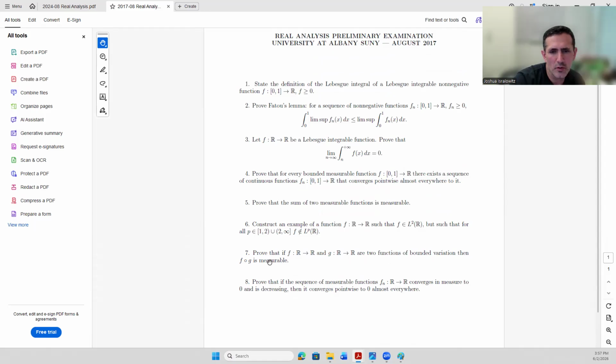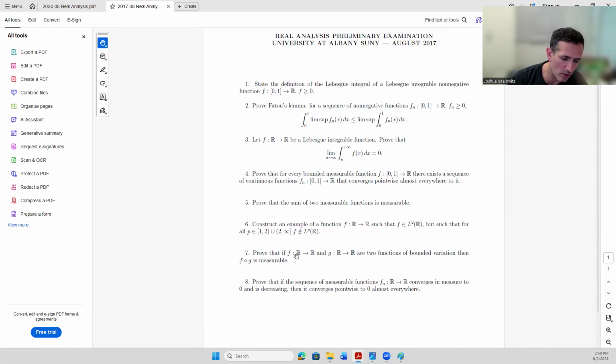Right? So first of all, when you say measurable, for the prelims it's usually Lebesgue measurability, but you really should say Lebesgue measurable. One thing I want to very quickly explain, because Royden only talks about bounded variation functions on a closed interval: when we say a function is of bounded variation on the real line, all we mean is that it's of bounded variation on each closed interval of the real line.